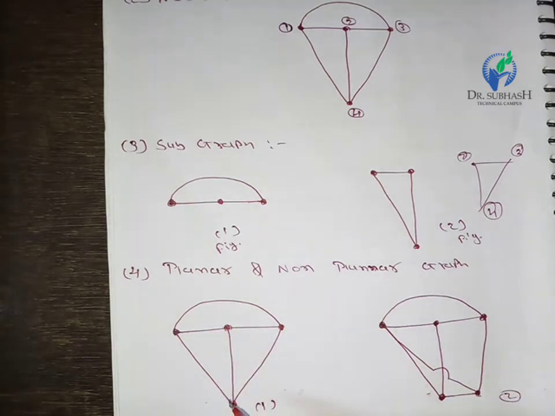The non-planar graph has crossings at a point other than a node in the figure. So it is clear that the planar graph is two-dimensional, and the non-planar is a three-dimensional figure. In other words, a graph is said to be planar if it can be drawn on the same plane without crossover of elements. Otherwise it is called a non-planar graph.